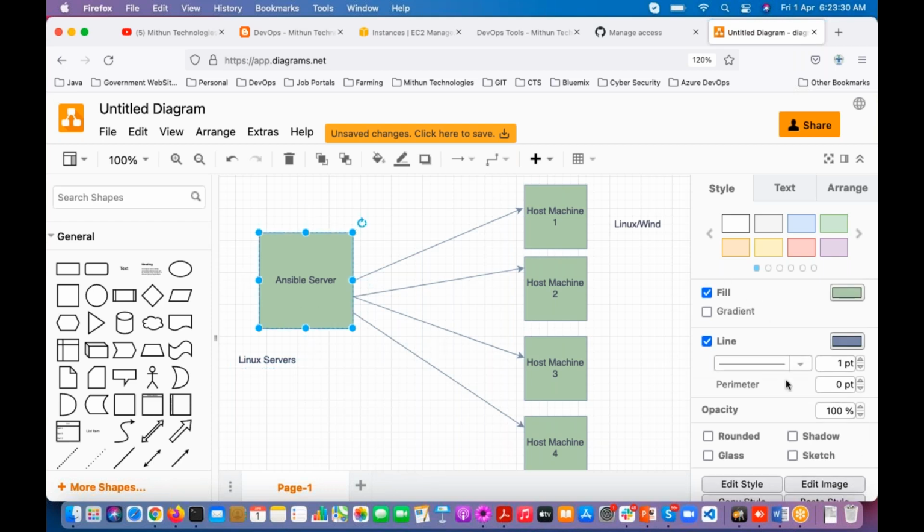Is Ansible used for DevOps purposes or only by Linux admins? See, not only Linux administrators, we are also going to use it. Not only for installing software, but also uninstalling software. We need to create some users and all, right? Suppose we need to install some DevOps related software. We are going to install it, yes or no? So that time also we are going to use this Ansible software.